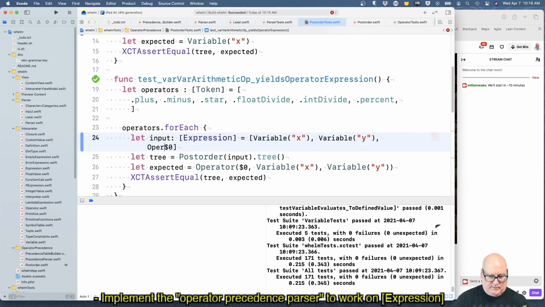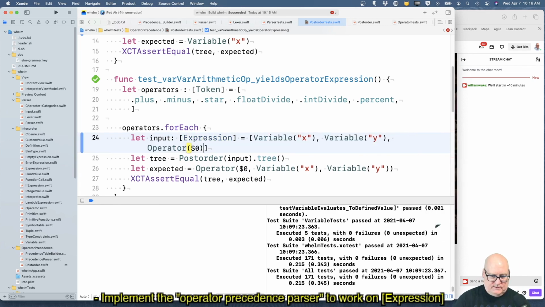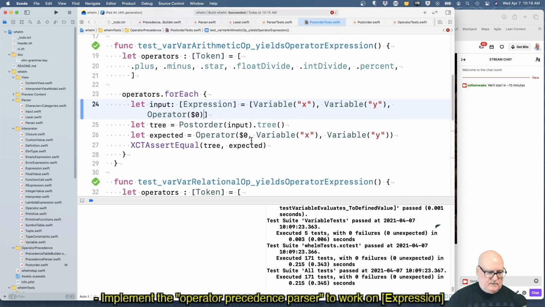Let's just do operator of $0. Operators $0 is the token, but we're going to wrap it. So we're saying xy plus, xy times, xy minus, all those things. All right, and then the post order, we should get a variable x, variable y with the operator. Yeah, that seems right.